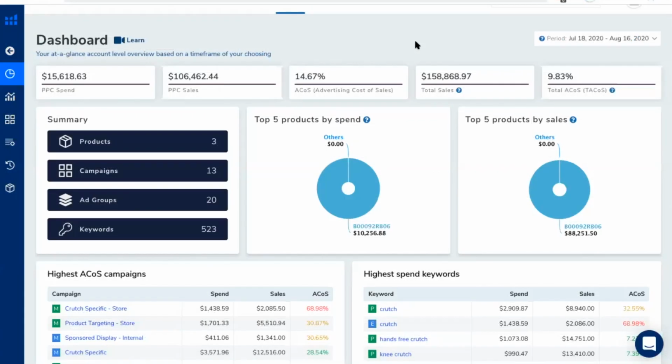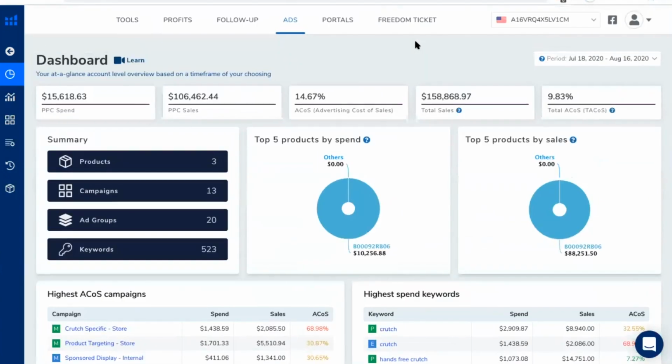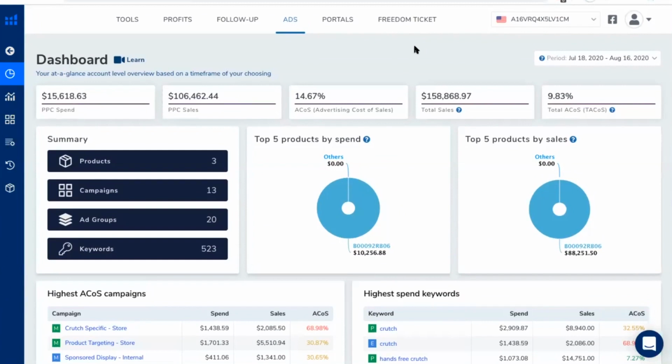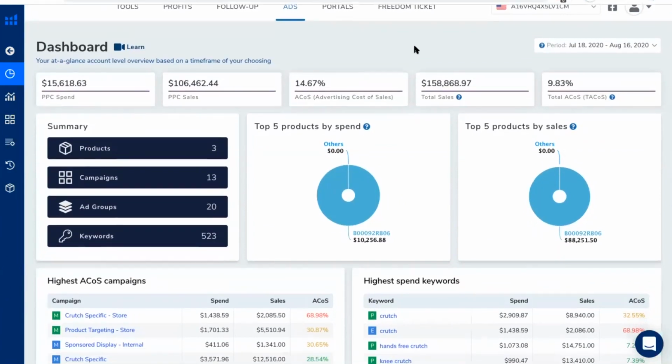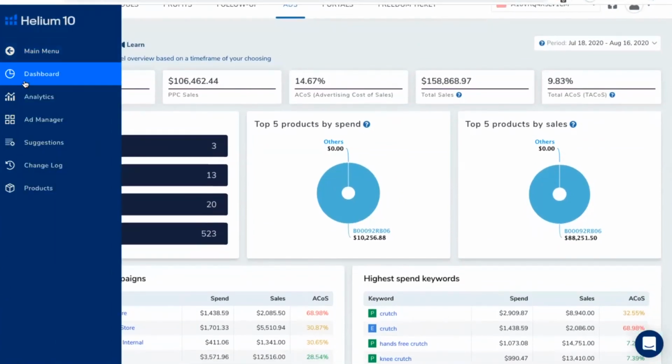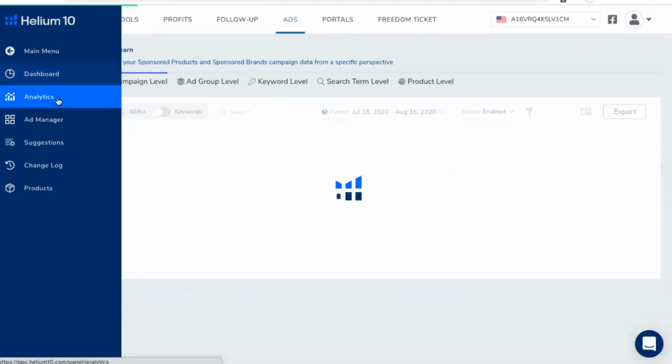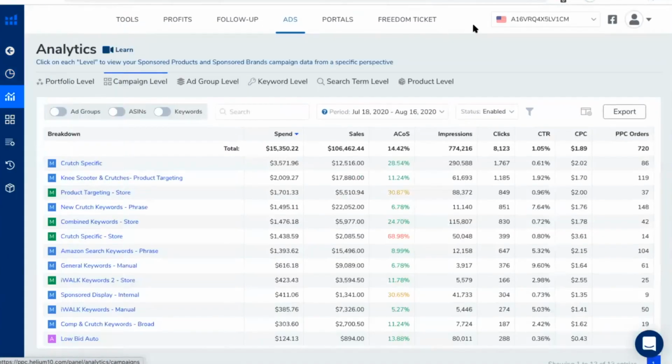So here we are in ads, and this is the dashboard. This is the main page that you see, and we're in the same account that we were just looking at in Seller Central, but we're viewing it in ads. So to get a look at all the different search terms, like we just did in Seller Central, you just